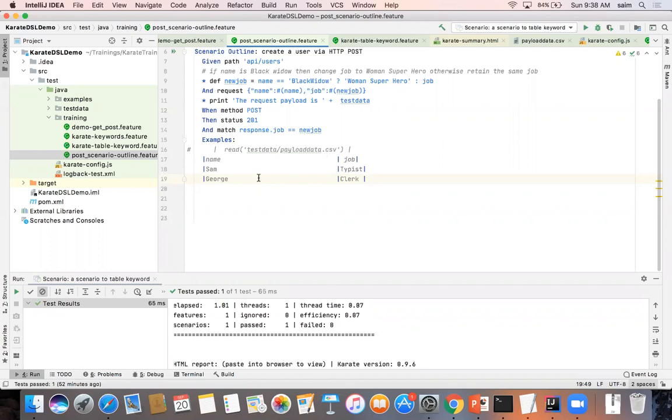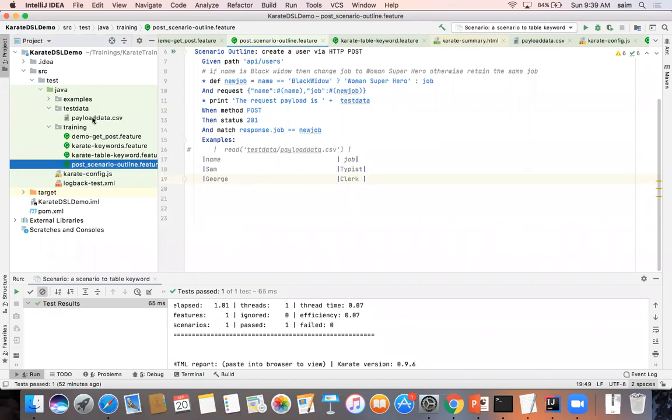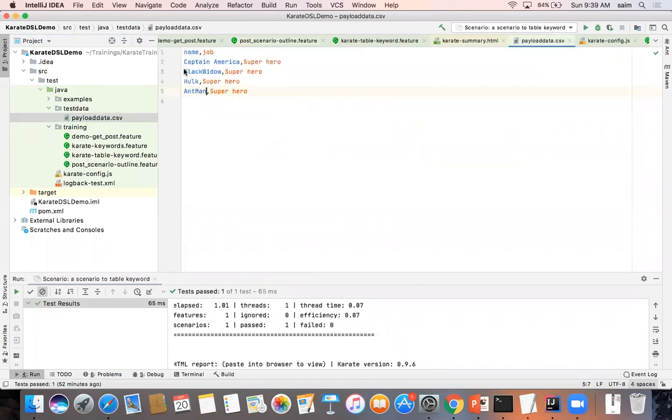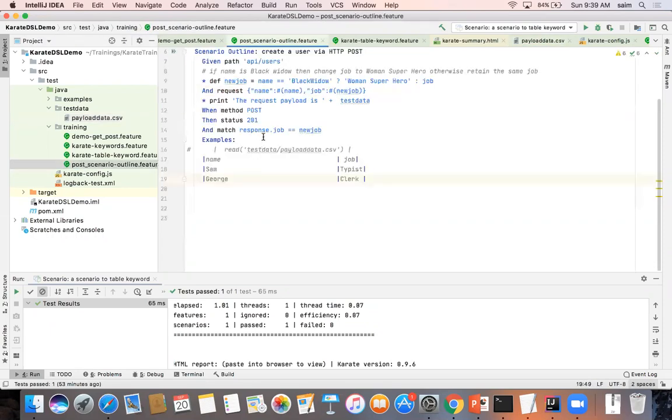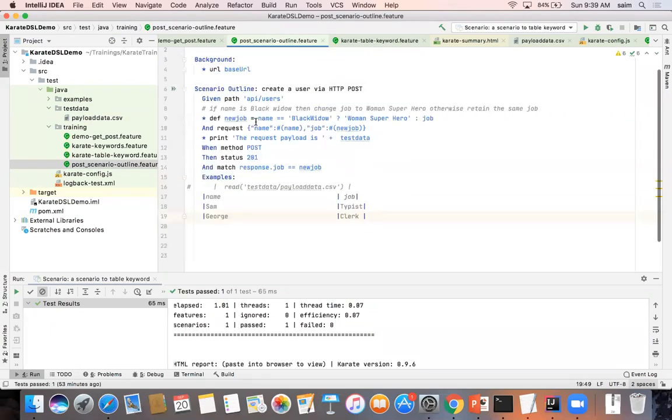If you want to maintain or manage the data, the better way I would recommend is to go to the testdata.csv file, wherein I store the same amount of data. So let's say I have a name and job, and I've given some fictitious names like Captain America, and the job is superhero, Hulk, superhero, and Iron Man is also superhero. Now, if I want to create a user with this data, instead of maintaining it like this,